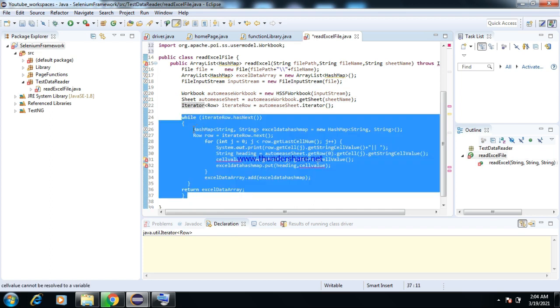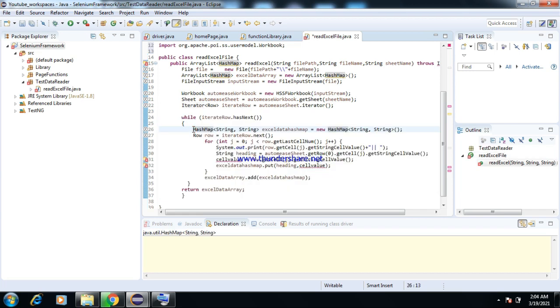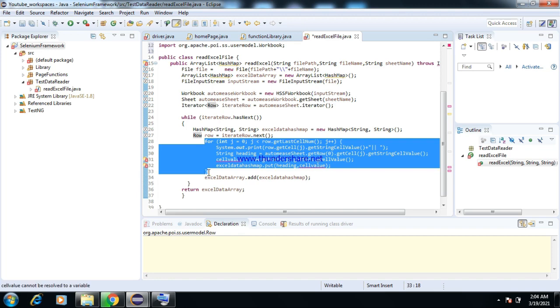Inside this while loop, what it is going to do is, we have created a new hash map to take the data from the Excel. So this we added to go to the next row. For each iteration it is going to the next row, and for each iteration it is going to run this for loop.